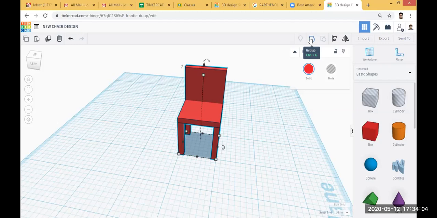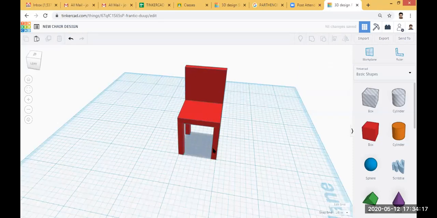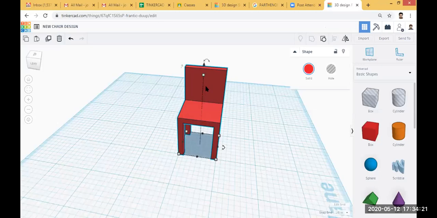So here the shortcut key of grouping is Control plus G. So I just click here. When I click that button, this consists of only one shape. That means the 6 shapes are combined into a single entity.